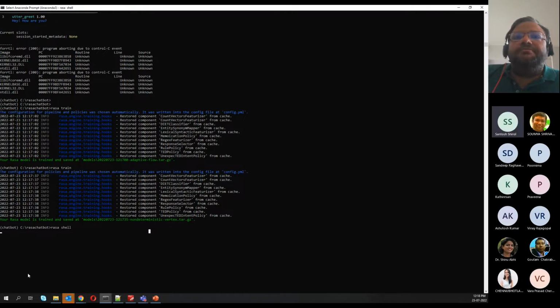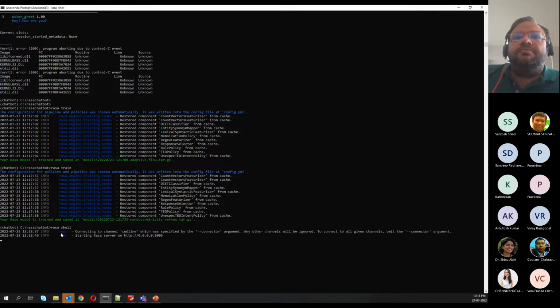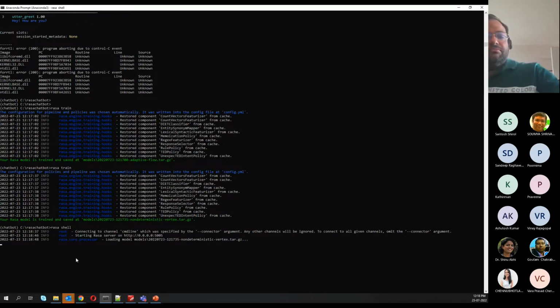Yes, sir. Yeah, it's loading the model. It loads the model and it will open up the starting window. Correct.